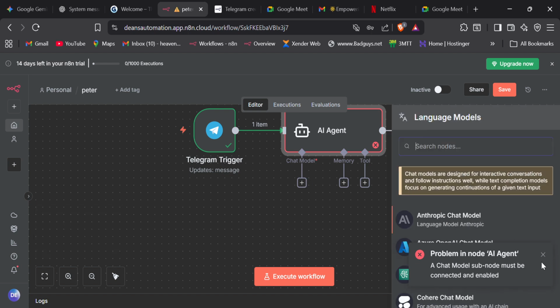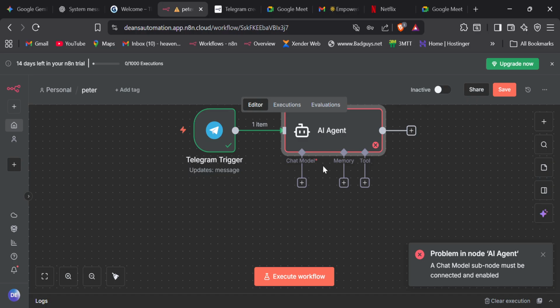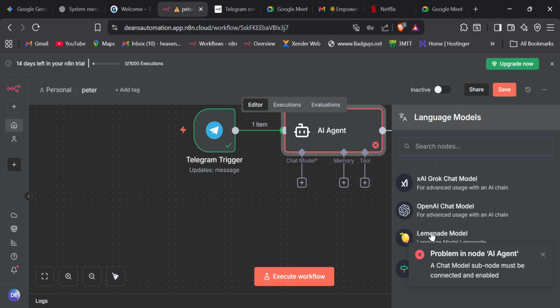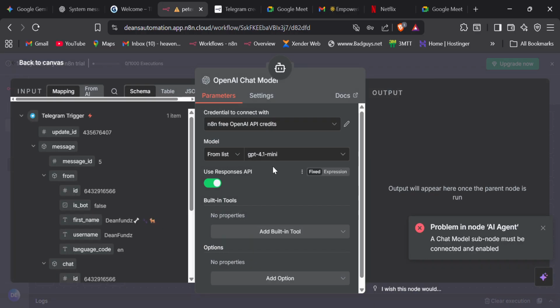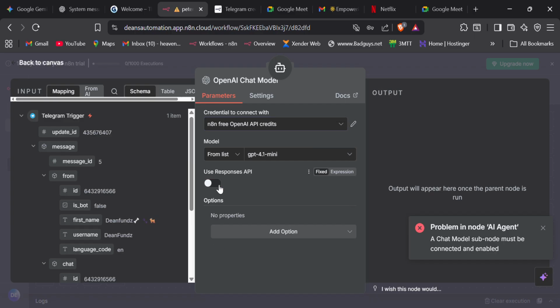So we click here, we click on the chat model, go down, click on OpenAI, and then most of you that opened a free trial account got free OpenAI credits. You click on here, and I would love to remove this because we are using free credits, so it's going to affect our response. So make sure you remove this, then you go back,